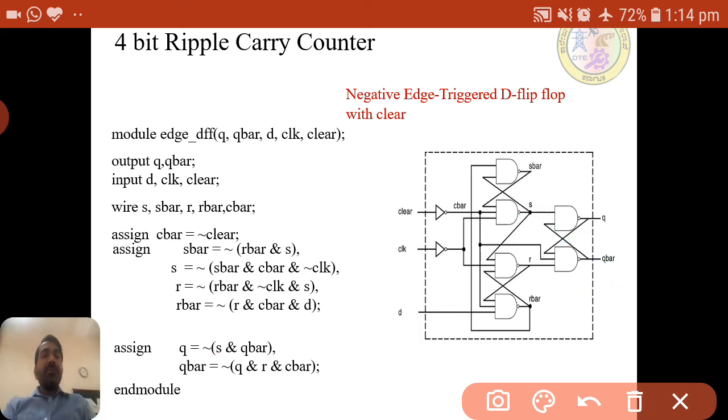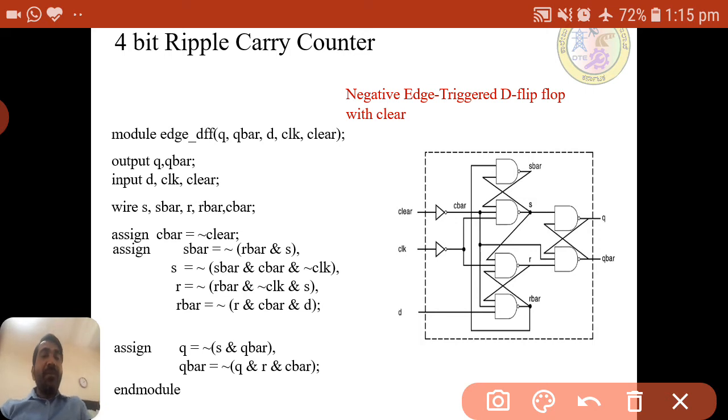So here also, however many outputs there are, that many statements will come, including internal signals also. So however many outputs there are, internal outputs and external, that many statements will come. Or we can use assign on each line. The only thing is, in that case we need to terminate every statement with a semicolon.